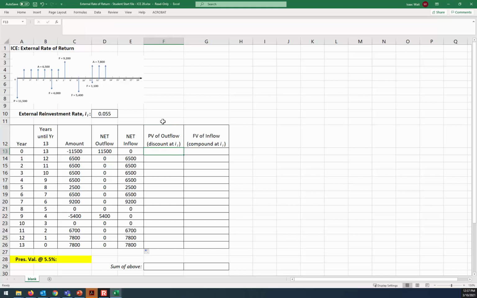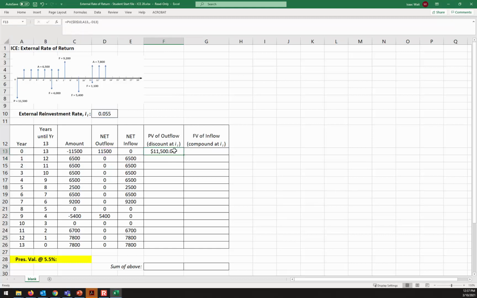So in column F, I'm going to do the PV function. So I'm going to calculate the present value, and the rate that I'm using is the external reinvestment rate. That's the place where you put your profits once they're generated. Maybe that savings account or something. So anchor the reference to the rate. The N will be whichever row we're on, because it's going to go back to time 0. Skip over the payment field because we're treating each one of these amounts as a single lump sum future value.